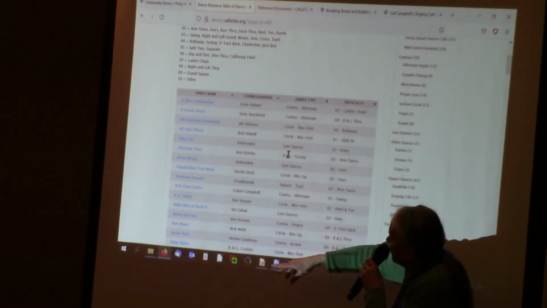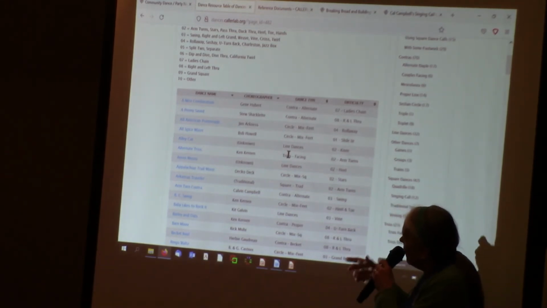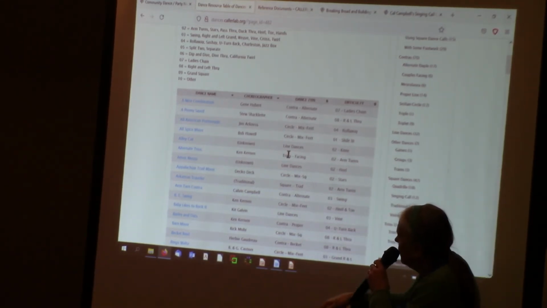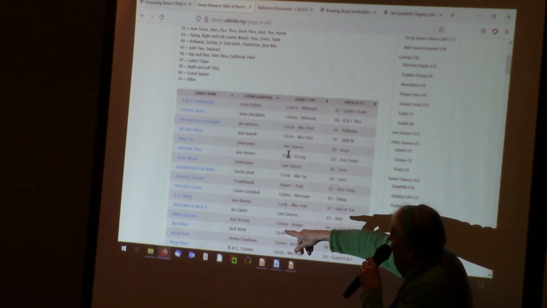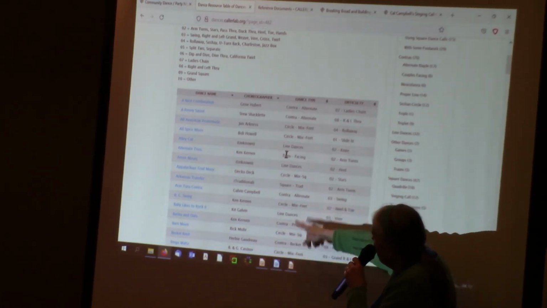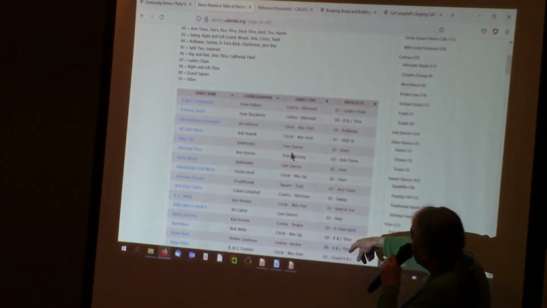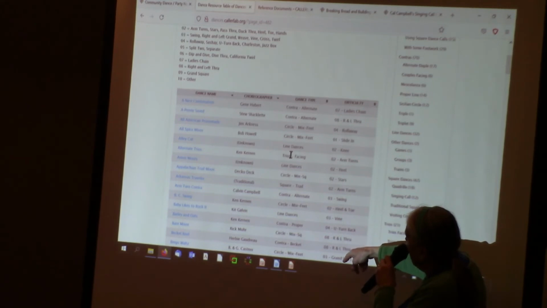So this gives you, it depends on what you're looking for. If you know that you're looking for a dance by Calvin Campbell that you're not sure what its name is, then you would search by Calvin. If you know the name, you'd search on the left, and if you know whether it's a contour or a circle, you could search in here. And this gives you a little bit of a clue as to how hard the dance is.